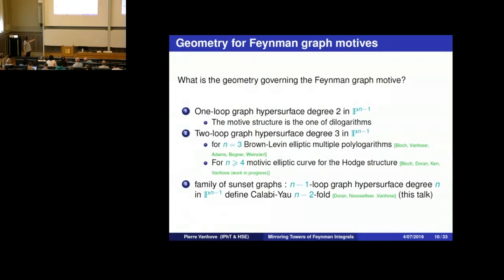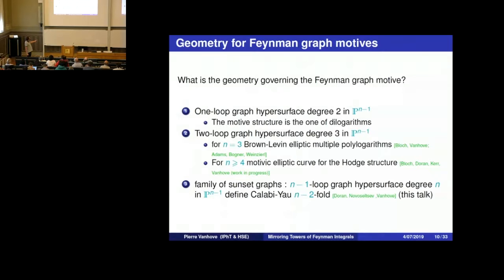So at two loop you get the graph hypersurface is degree 3 in Pn minus 1. So when n equals 3, you get a degree 3 in P2, and so this is the starting point of our collaboration with Spencer Bloch. We show that actually it gives the motif on elliptic D-log,